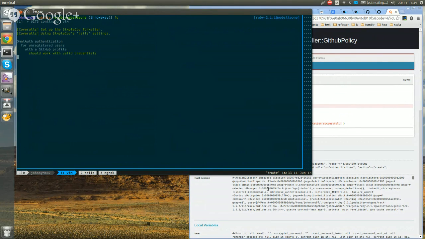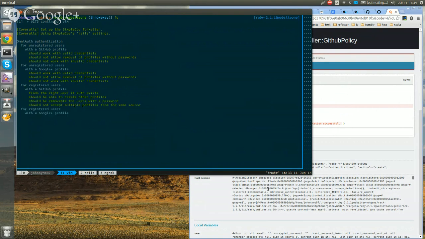No, isn't that interesting? Yeah. So the path I was walking in my browser is for unregistered users with a G+ profile. Yes, and that would work for registered users with a G plus profile as well. Same errors. So